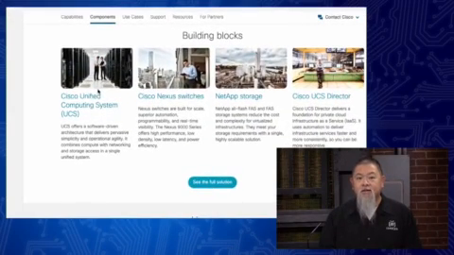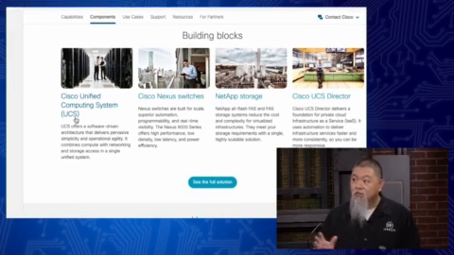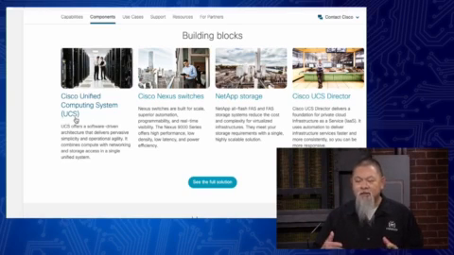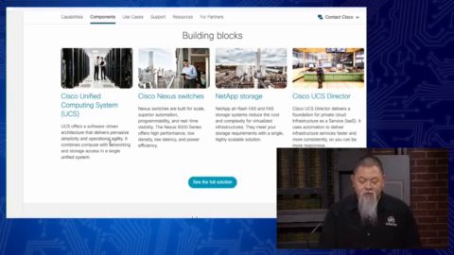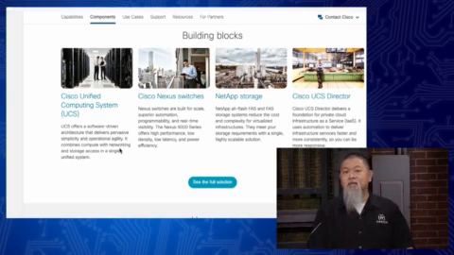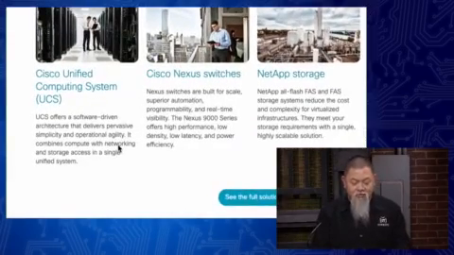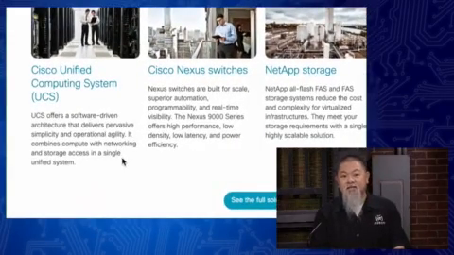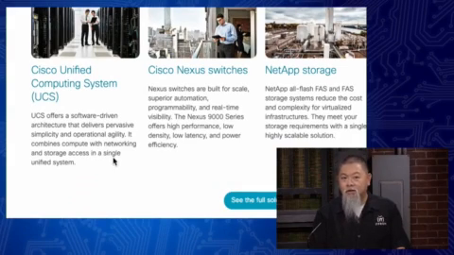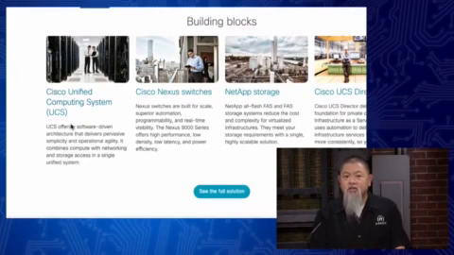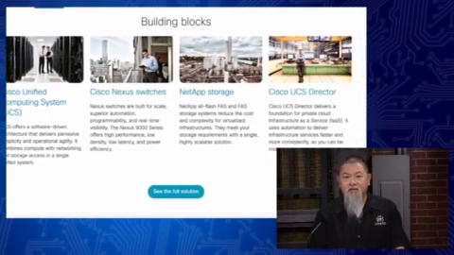Notice that for FlexPod, it includes things like the UCS system. We've already talked about the UCS system in pretty good detail, okay, during our episode and show, but it doesn't mean that you actually understand until you realize that here it is. UCS software offers software-driven architecture, delivers pervasive simplicity and operational agility. That really doesn't mean much to most of us here. But what does mean much is the second sentence, right? It combines compute and networking with storage and access into a single unified system, okay? So they're saying, hey, this is all actually united together through the UCS, okay? Well, what are we united together? Okay, well, let's take a look, okay?